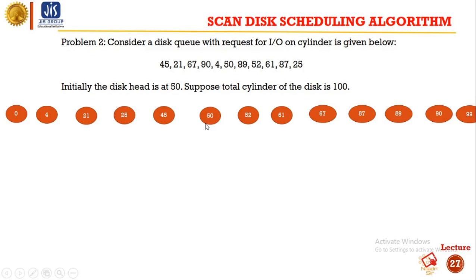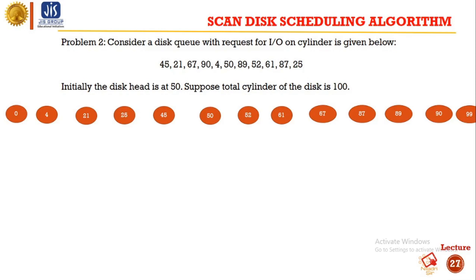As we know, in the SCAN disk scheduling algorithm we can move in any direction, left or right. Here we will choose to go to the right-hand side. The logic is that from the head we will move to the end.